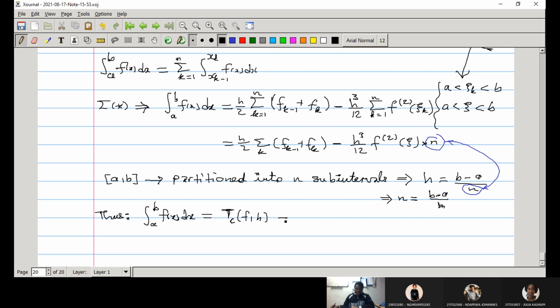Okay, minus h to the 3 by 12, second derivative, into b minus a by h. Now you can see that this h and that h